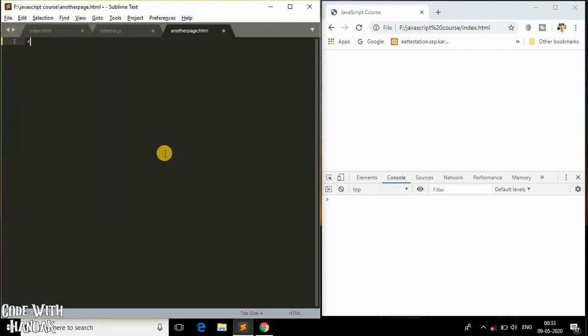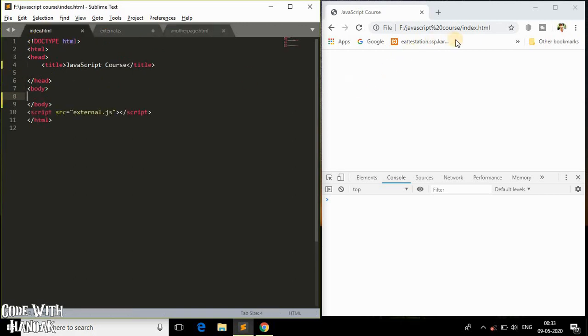I'll just have a quick HTML over here, and I'll give the title as another page. In the body, I will have a paragraph, and I'll just say, hey there, that's it. So save this file. You need to understand that we are redirecting from index.html to this another page.